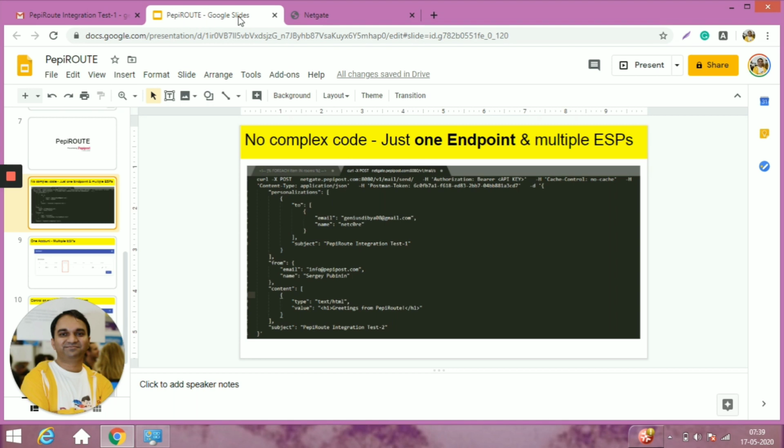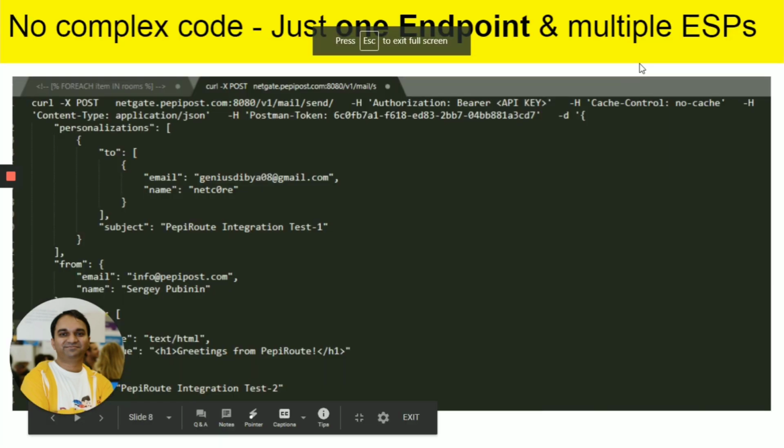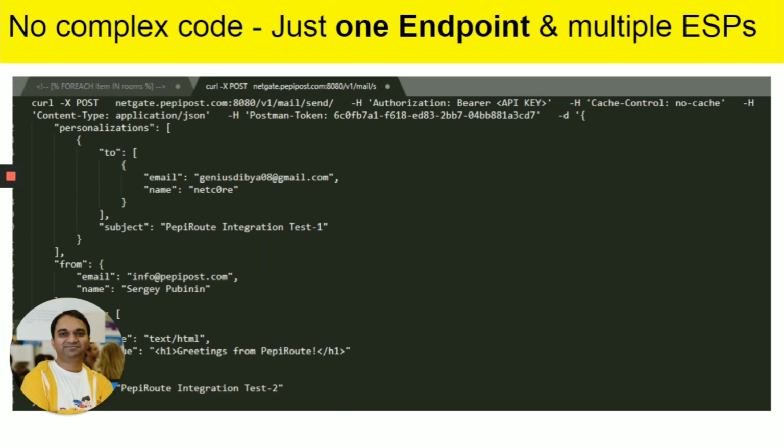So that is what PepiRoute is all about. It simplifies your email delivery, especially when you are switching between ESPs, when you are migrating. It helps you in doing a smooth migration without worrying about warm up, without worrying about different types of complex rules.